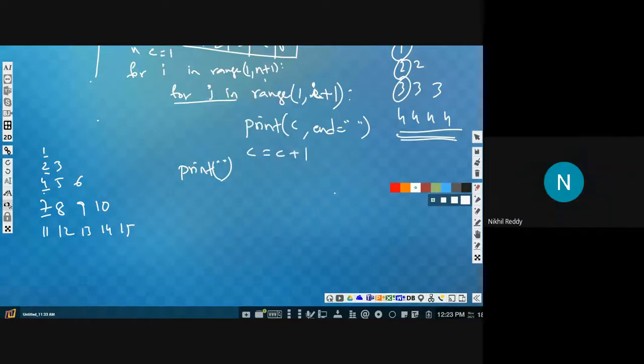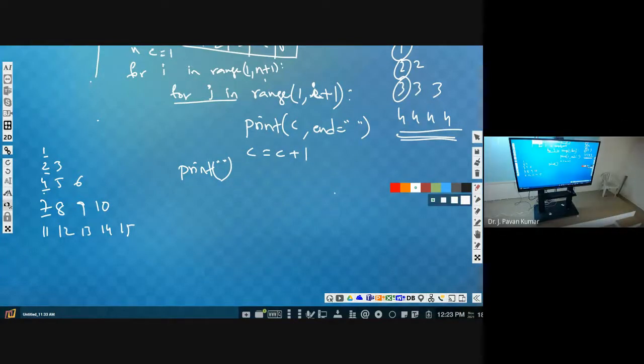Sir, tomorrow are we having lab? Tomorrow is the revision class, I told you, right? At 10:30 we will have the revision class. 11:30 to 12:30 offline class. 9:30 to 11:30. Okay. Then in the afternoon we will have lab. That's what we planned, right? If you don't want it, I will not take it. I don't have any objection.